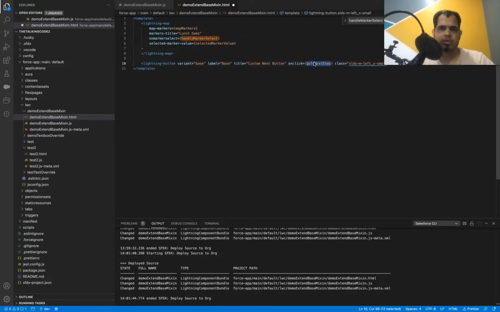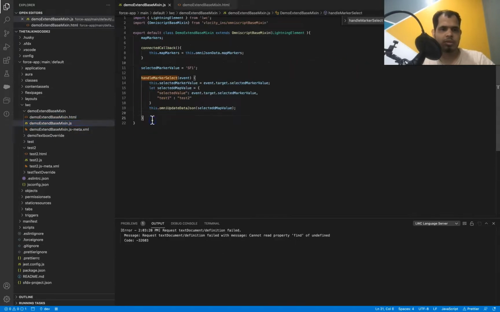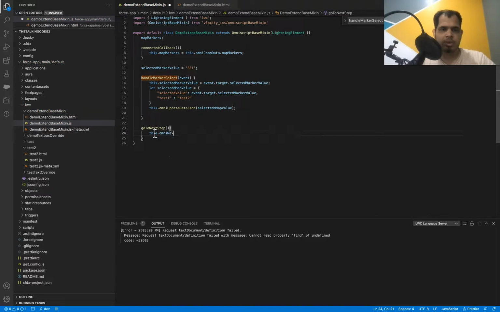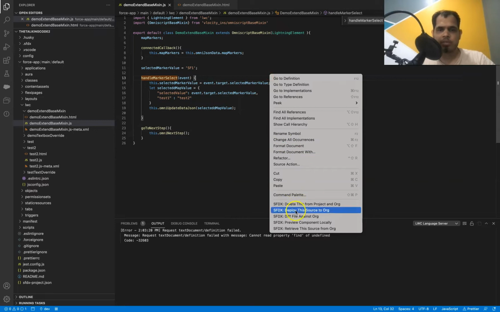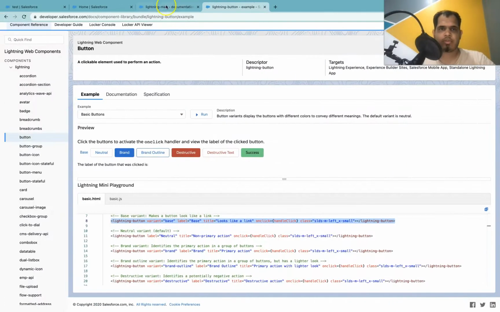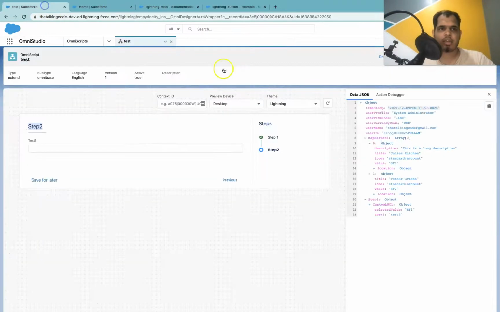Okay, so let's copy this, let's go here and create this method. And here I will write this dot omni next step. Okay, so now what will happen is, when you click on this button, it will take you to the next step. So in this scenario, if you want, you can hide the standard next button from this OmniScript.